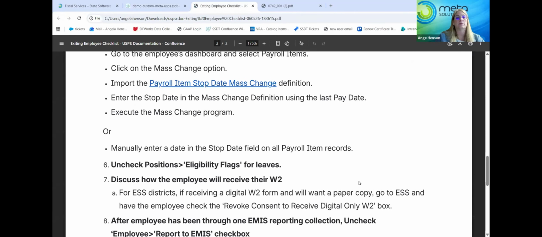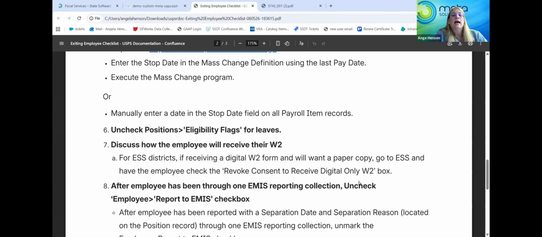Number 7, let's put this up. Discuss how the employee will receive their W-2s. Now, before I do this, since W-2s are date sensitive and you have to have them out in the mail by the end of January, the 30th or 31st, one of the two,